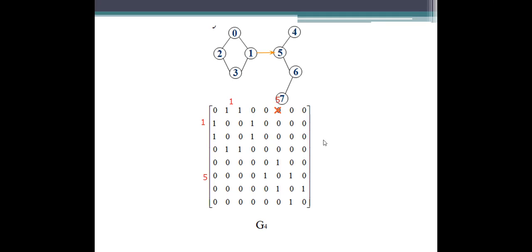Remove this value and replace this value with 1. Okay. As there lies a connection from 1 to 5, make it a line.